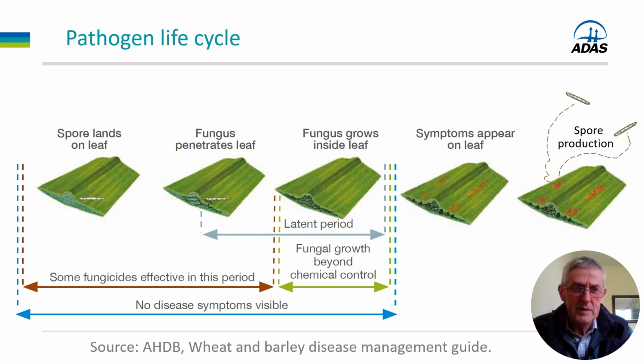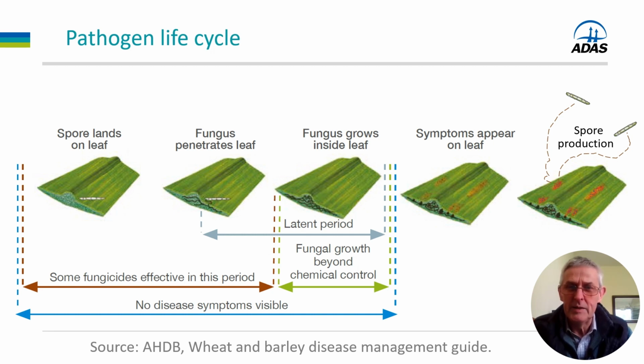And during this phase, fungicides can provide effective control. However, we reach a certain point during the latent period when, even though there are still no visible symptoms on that leaf, the fungal growth is now too advanced for fungicides to be able to control it,